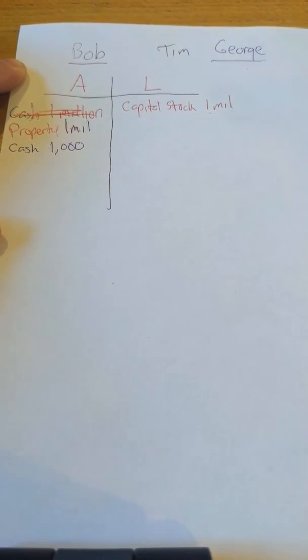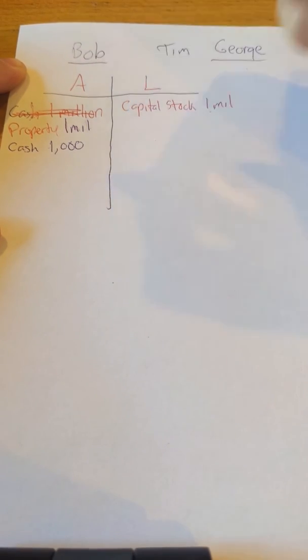He could sue them afterwards, but they're actually physically in possession of George's $1,000. The liability associated with that, though, is that when George deposits that money, he gets an account. We're going to call that a checking account. For the AP test, they actually call it demand deposits, because they're available on demand. So, demand deposits